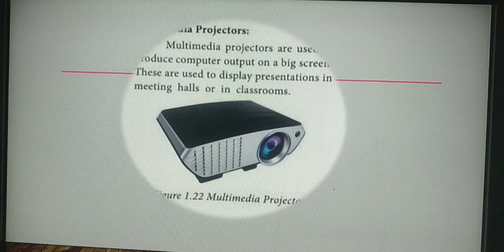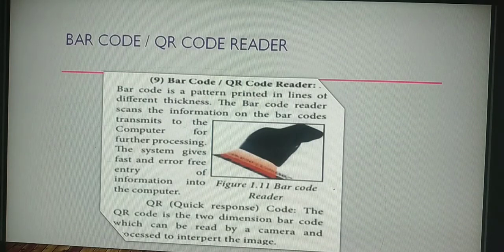Okay, have you all marked it? Yes, the next one is barcode or QR code reader. It is in page number 7 in your book. Have you all marked that paragraph? You have to write the whole paragraph. You are having that paragraph, no? You have to mark this whole paragraph. So by this one we have finished all the book back questions.